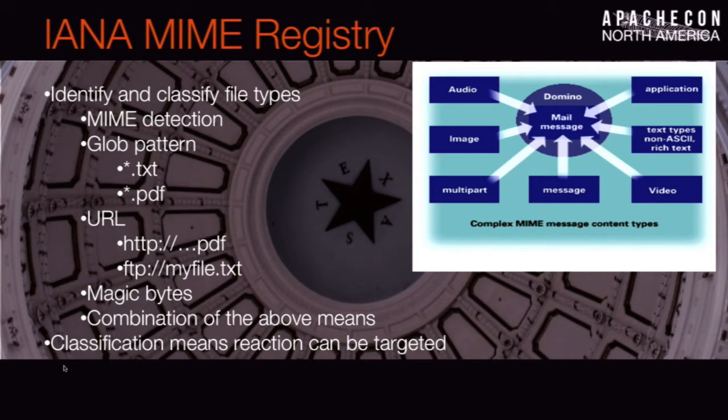The URL is useful sometimes, whether it's available via a particular protocol. HTTP versus FTP might indicate something about the type, and so on and so forth. And what we have in Tika is a detector interface that leverages different detectors that exploit different elements of this, and we typically combine them, either probabilistically. I have a student who has a patch on GitHub right now who built a probabilistic combination detector that combines these in various ways. The default method in Tika is to rely heavily on the MIME magic, and if that is unreliable, to fall back to the other things, to detect types with high accuracy and high veracity.